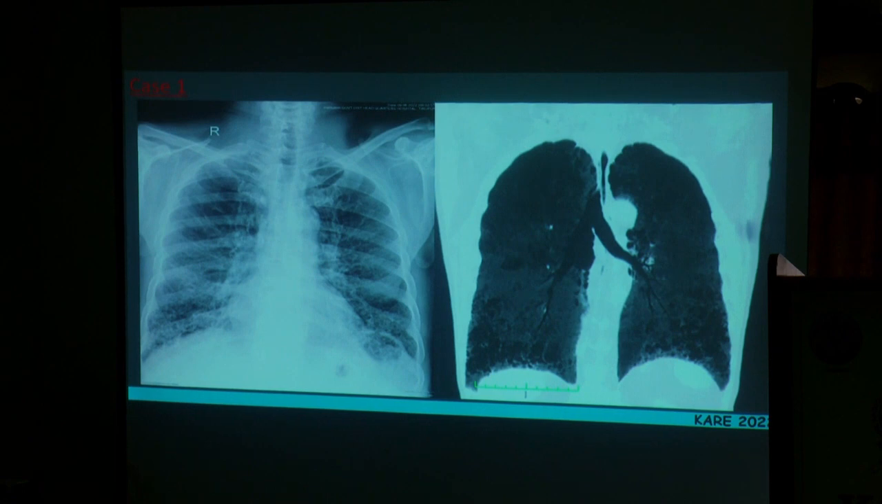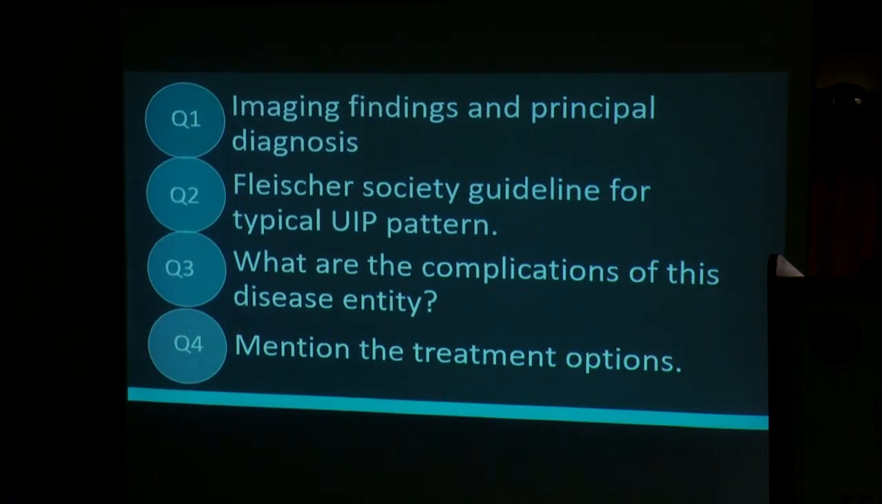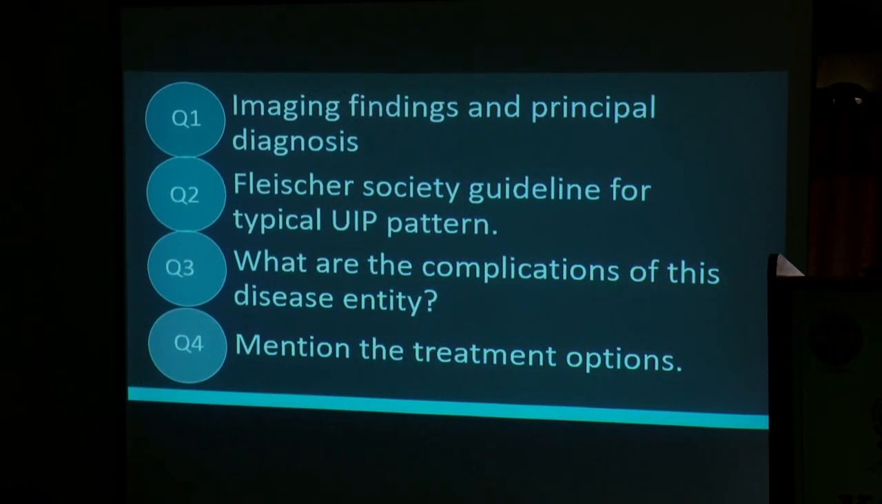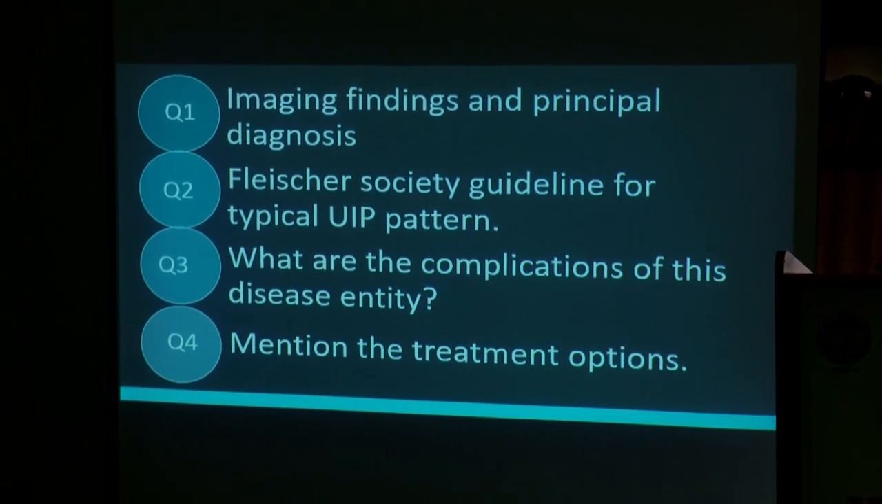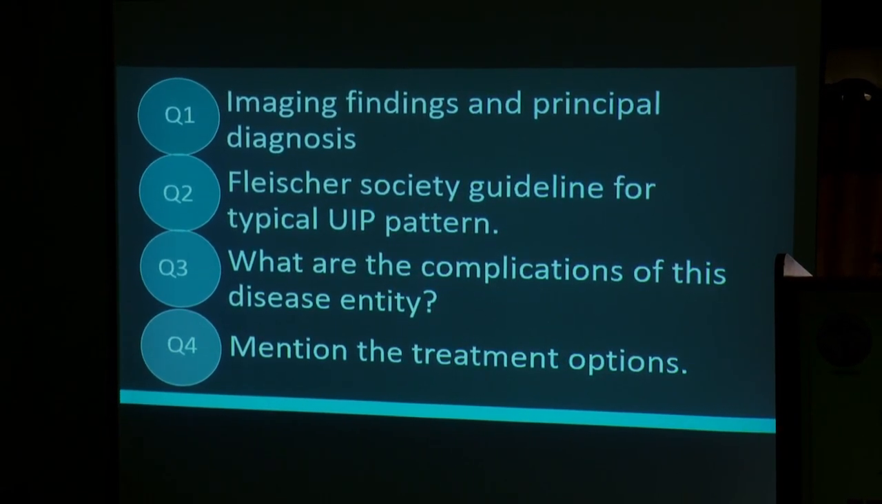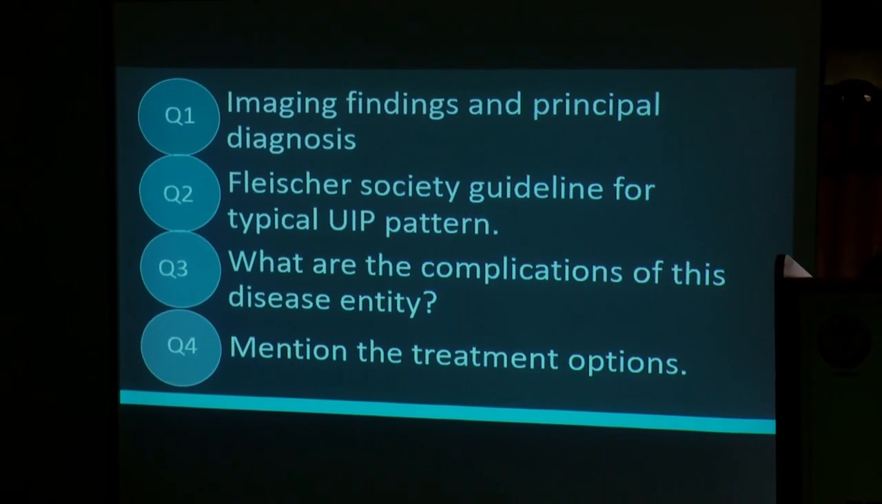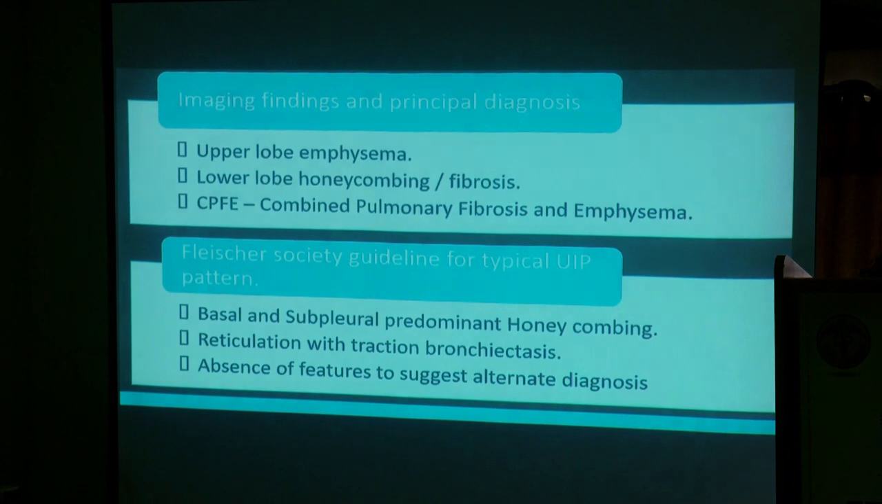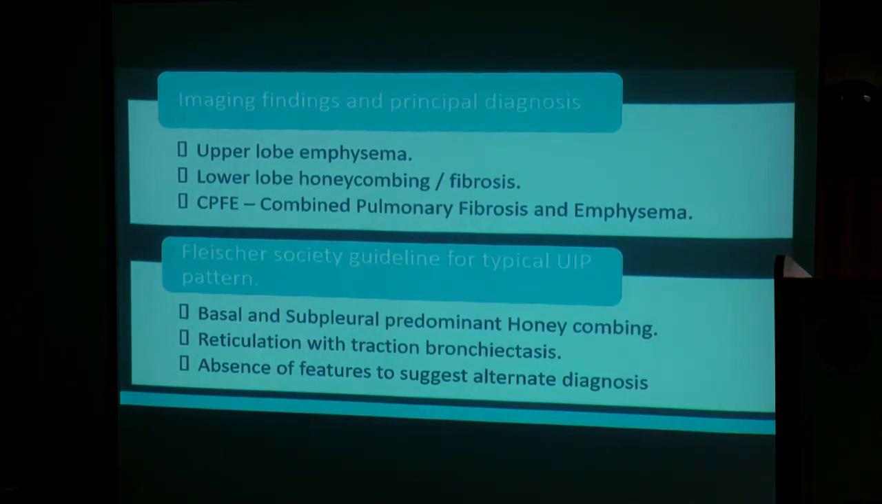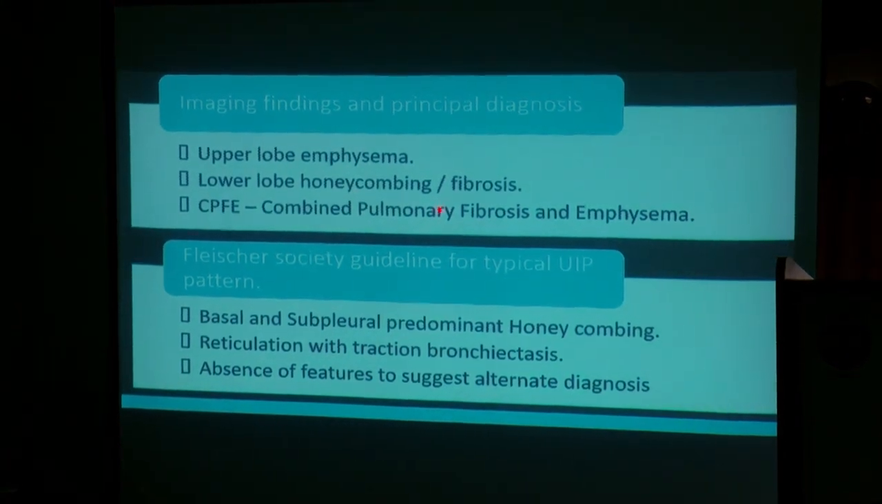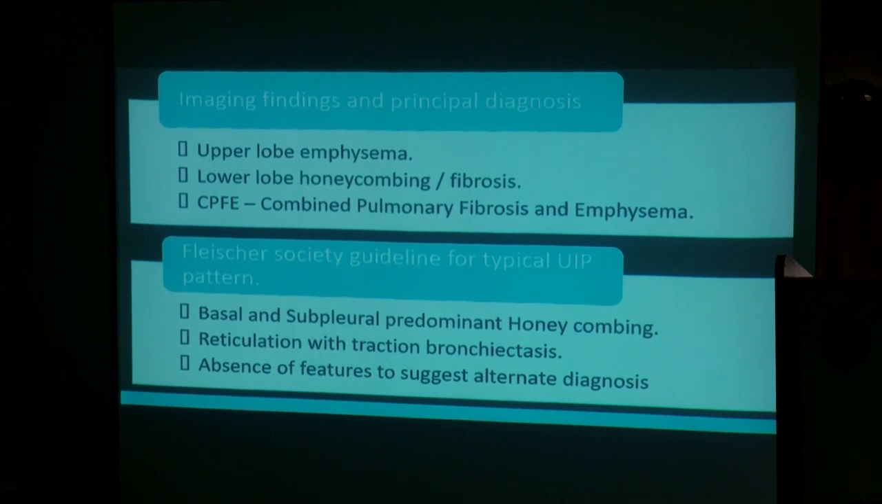Now any idea what the diagnosis is? Yes, it is combined pulmonary fibrosis with emphysema. Now next question, what is the Fleischner Society guideline for typical UIP pattern? So the imaging findings in this case are upper lobe emphysema, lower lobe honeycombing or fibrosis, and our diagnosis is CPFE. Fleischner Society guideline classifies the fibrosis pattern in UIP into typical, probable and indeterminate, which we'll